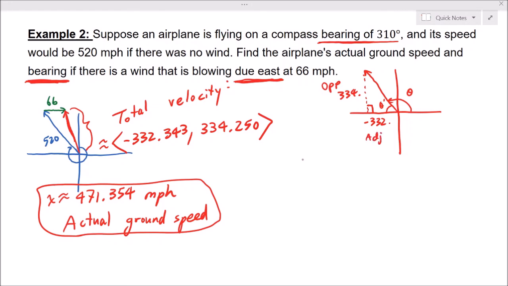So we can be like tan of this angle is this 334 thing, point, when you're actually doing it, keep more digits, divided by this negative 332 thing. And then you take the inverse tan of both sides to get around negative